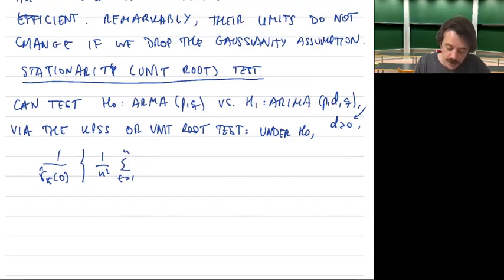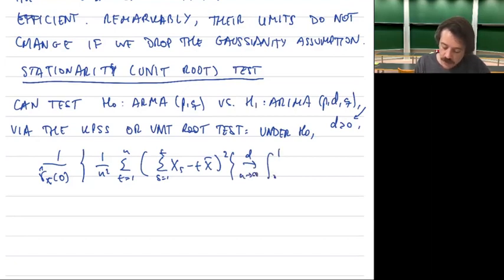Maybe let's write it here, that'd be a bit cleaner. And then we have the sum from 1 to t of x_s minus t times the average of all of the values, and then square this. Then this is going to converge in distribution as n goes to infinity to the integral of the following